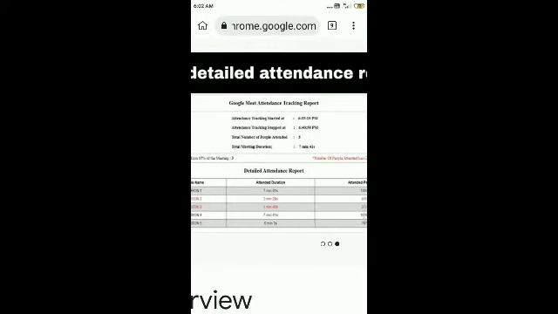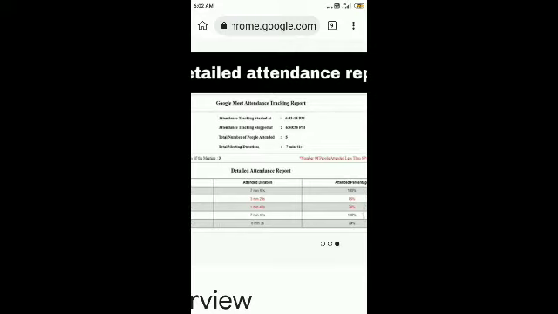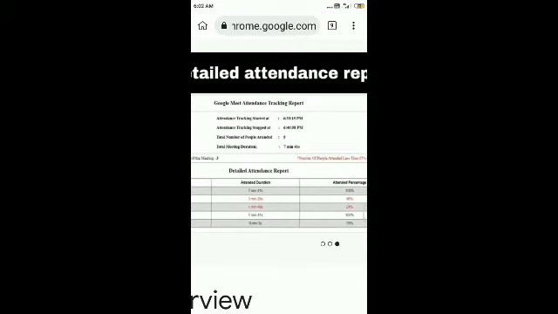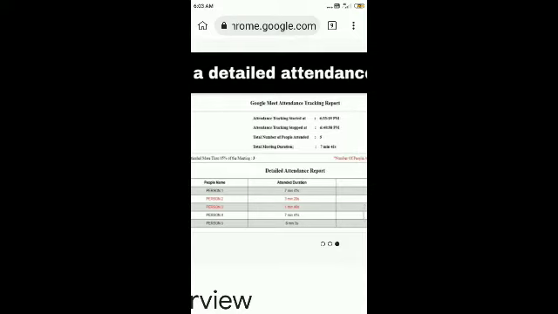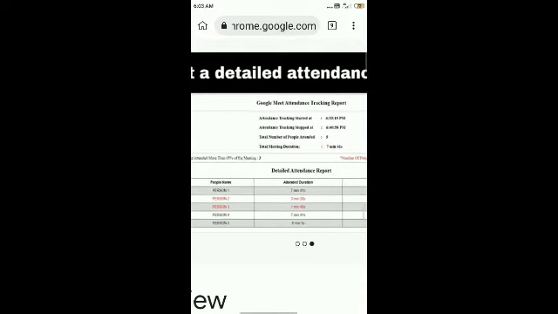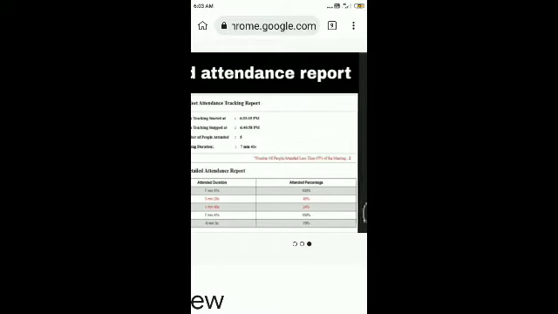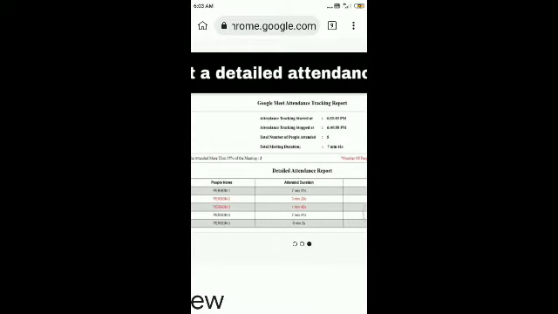Person 1 has attendance 7 minutes 41 seconds, that is 100%. So it is black. But person 2 has attended 3 minutes 29 seconds. That is 46%.